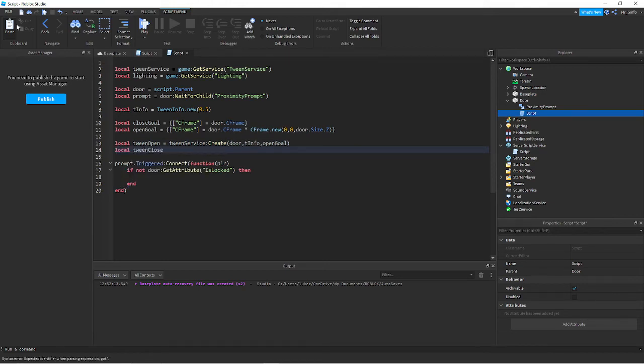tweenClose equals TweenService:Create, door, tInfo, close goal. Oh my god, I'm being one of those people and not leaving spaces. Okay, that should do that. And if the door's not locked, then we're going to open it. So we'll say tweenOpen:Play, and let's set